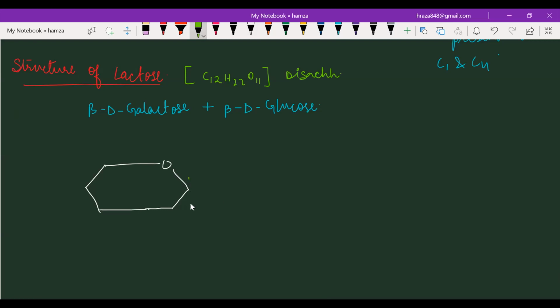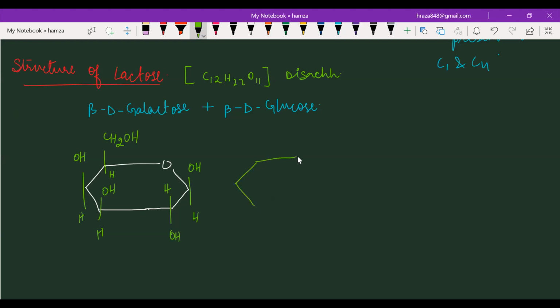Now you can see this galactose. This is OH. This is H. This is OH. This is H. This is H. This is OH. This is H. This is OH. This is H, CH2OH. This is galactose, combining with